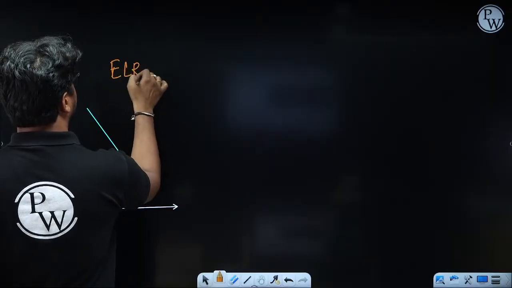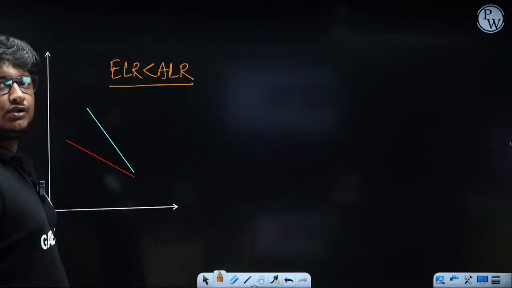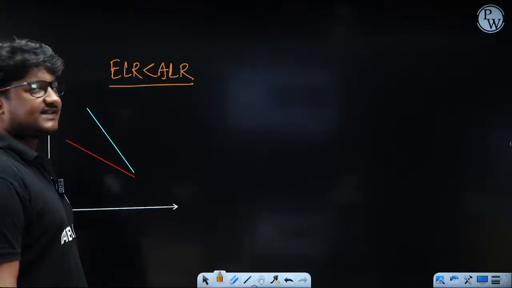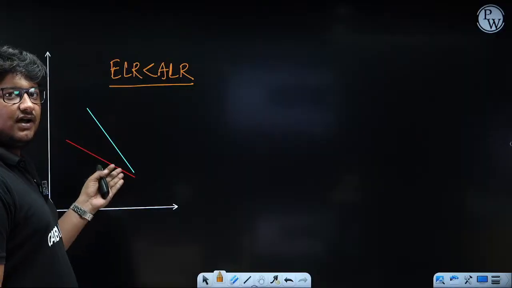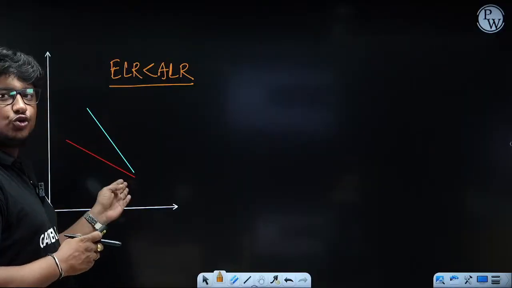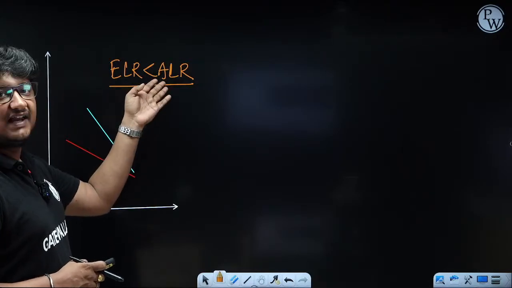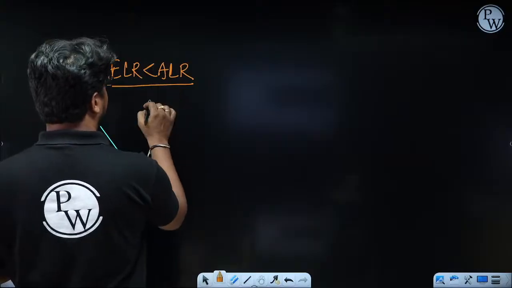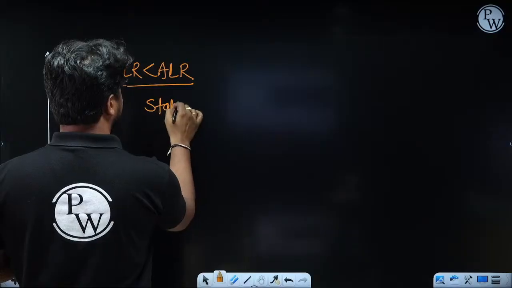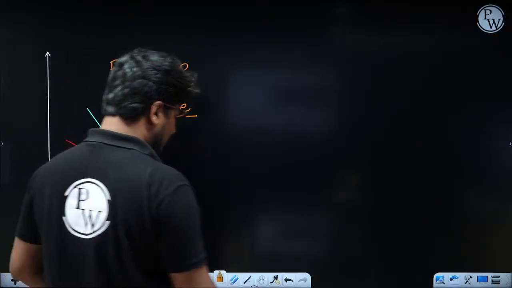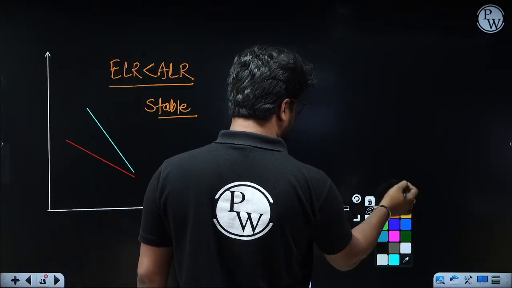For that, you have to always see the slope. Slope of ALR is less, so the value of ALR is going to be more. This case is what we have named the subadiabatic case, and this is a comparatively stable case for you. In this case, if any pollutant comes out,